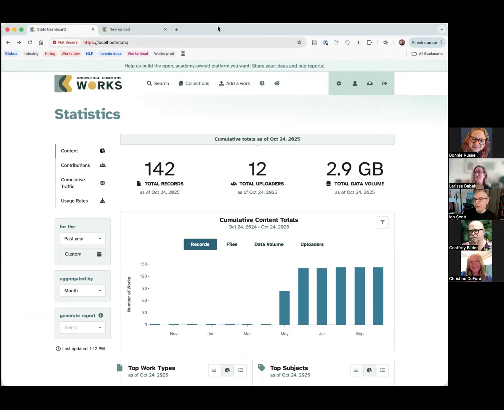This is the brand new statistics dashboard that we've just developed, and it's in the final stages of rolling out. This is the view for the dashboard for the repository as a whole. And right now it's showing test data. This is not actual real data because the final rollout on our production site isn't finished. But this gives you a sense of what you'll see in the very immediate future for the dashboard for KCWorks